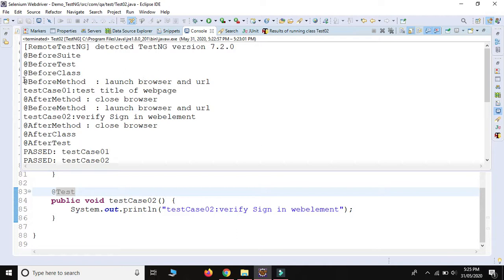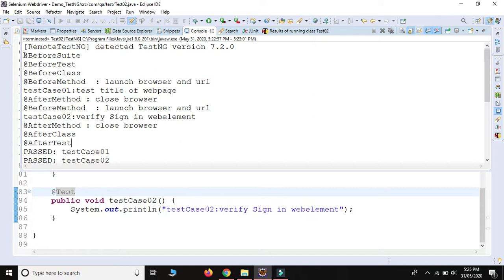Only these two annotations, @BeforeMethod and @AfterMethod, how many times will they execute? It depends on the number of test cases. If we have two test cases, then it will execute two times. If we have 10 test cases, it will execute 10 times, just before executing each test case. It depends on which annotation you have used, @BeforeMethod or @AfterMethod, or both.